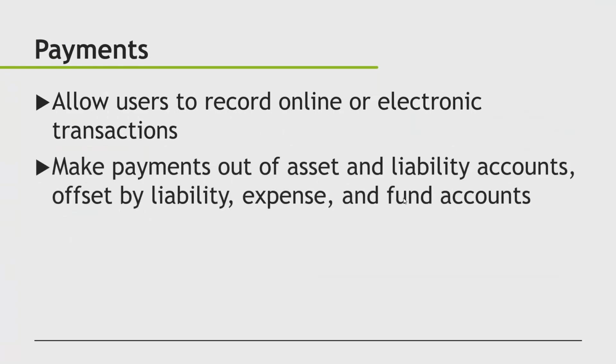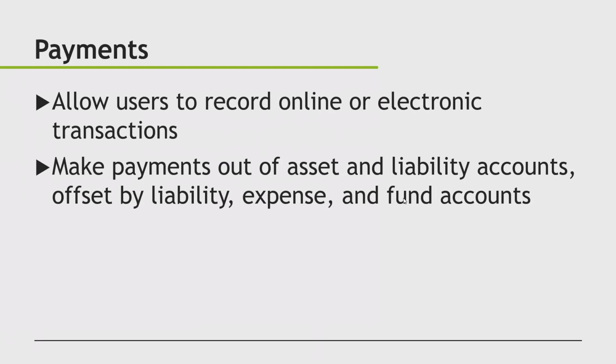Payments are going to come out of asset and liability accounts. So again, it's going to be drawing against an asset, or if you're using a credit card, it's actually going to draw against a liability account for that credit card. This is also going to be offset by another liability account. So if you're paying down a liability, you'd use it as the offset part, an expense, or